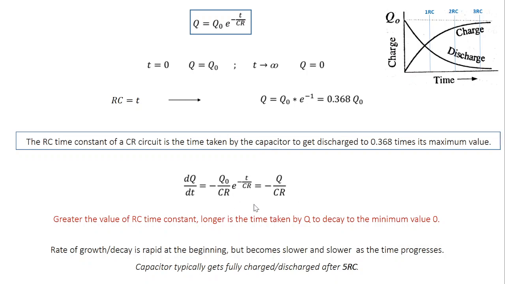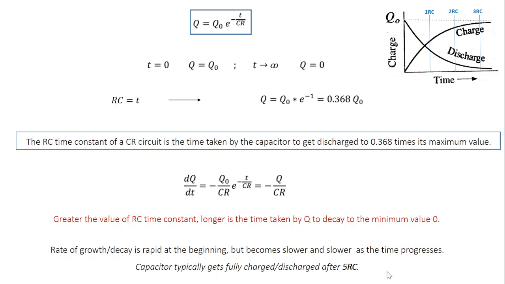In some instruments like the oscilloscope you use in your lab, it has an RC circuit in the input channel. So in such cases, the RC time constant is also known as the response time of the instrument. It determines how fast the instrument responds to a given signal. So we will discuss more of that in one of the coming sessions.